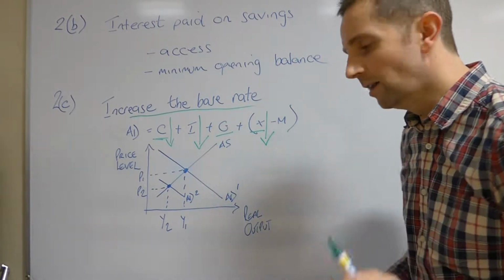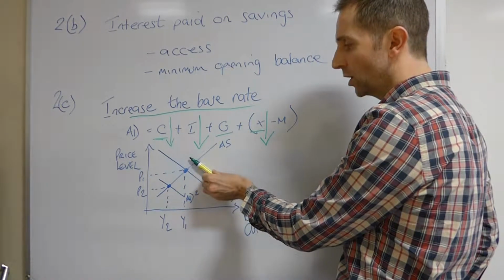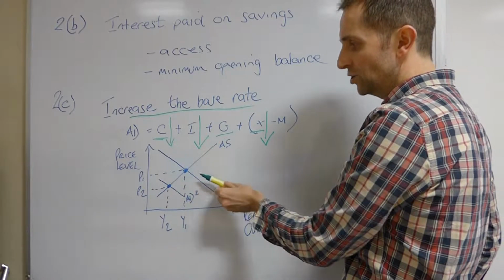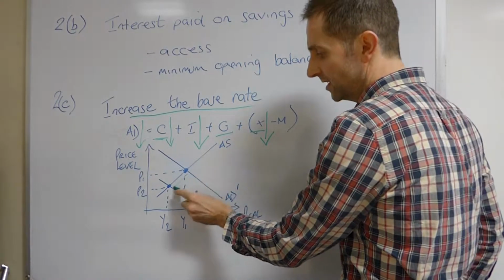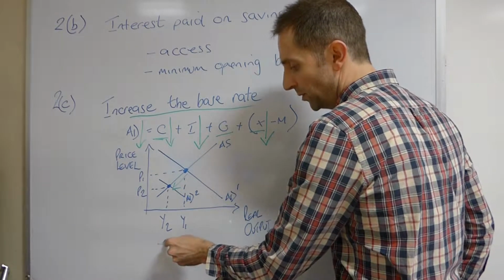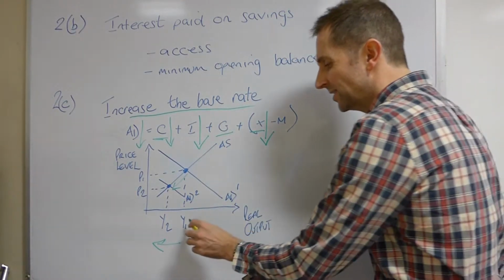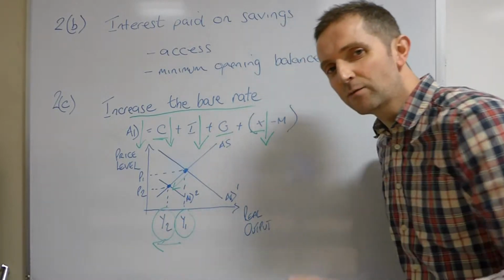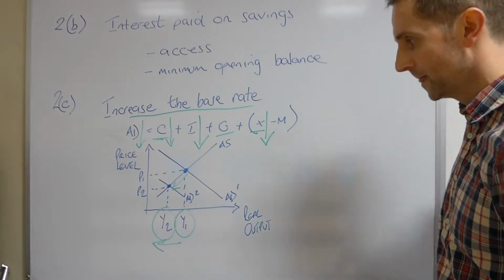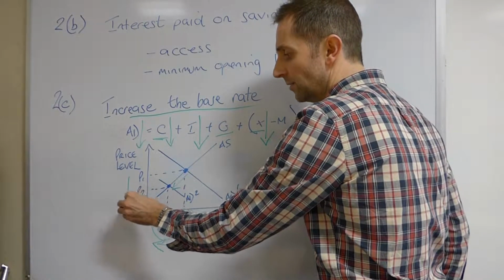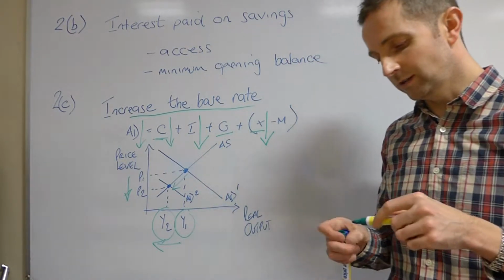A tremendous diagram, which I was delighted to see so many of you using, was this one, where we have the AD curve. Obviously it is shifting to the left. If this is falling, this is falling, this is falling, then AD is falling. So we're shifting it in this direction. Remember to put your direction of travel. So we have the level of real output. Still a lot of you using Q here instead of Y. You've got to be very careful on that. It's Y for a macro diagram, Q for micro. And the price level falling.